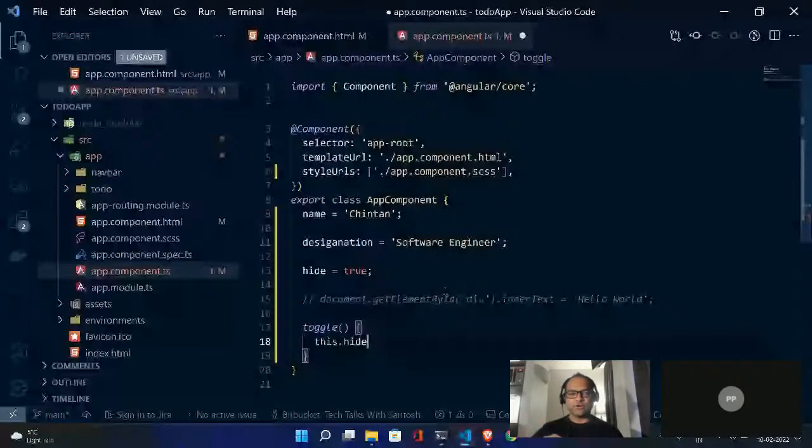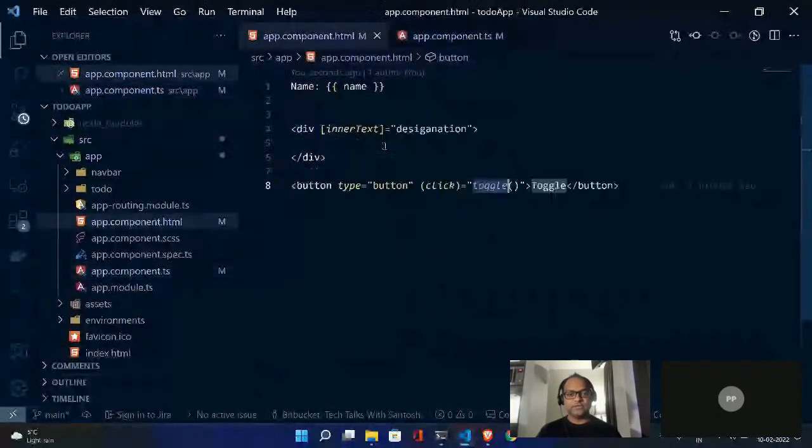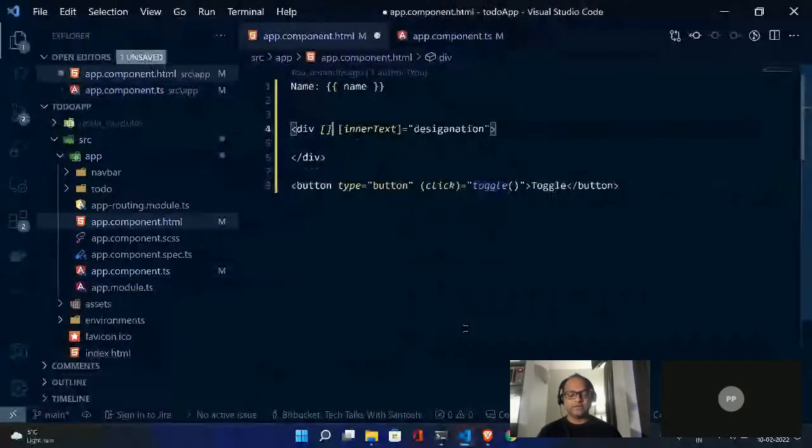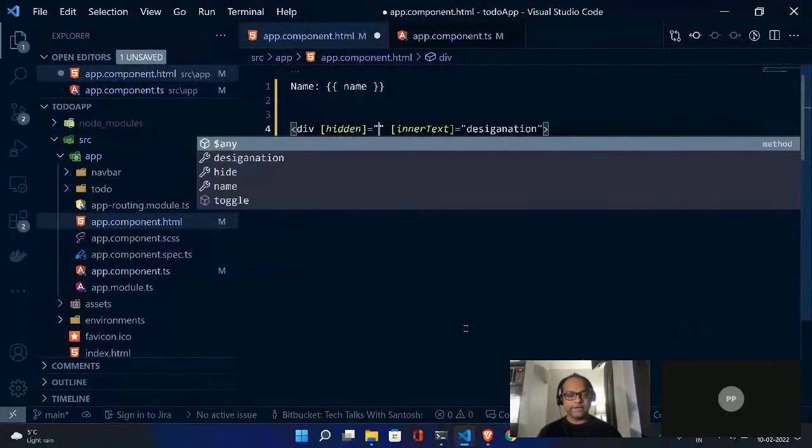So we are just toggling. In case it's true, make it false. If it is false, make it true. And now I'm going to use this property here. There's an HTML property called hidden, and I can use hidden equals hide.